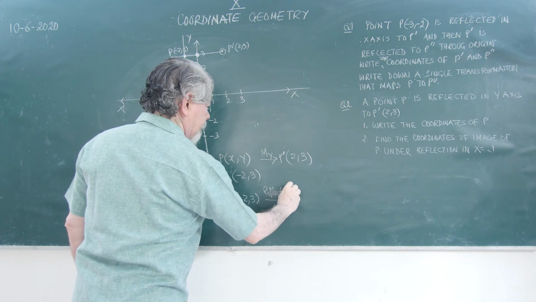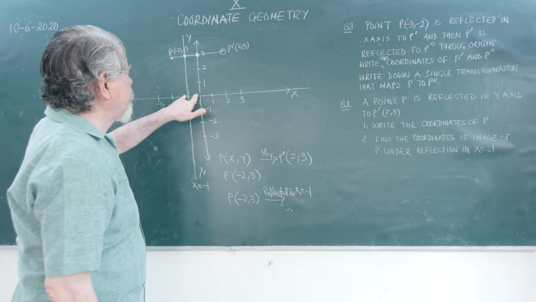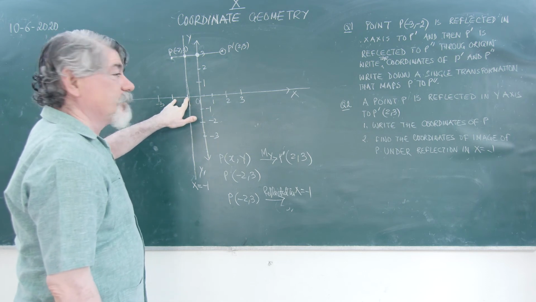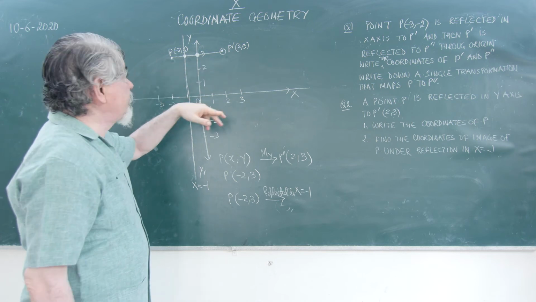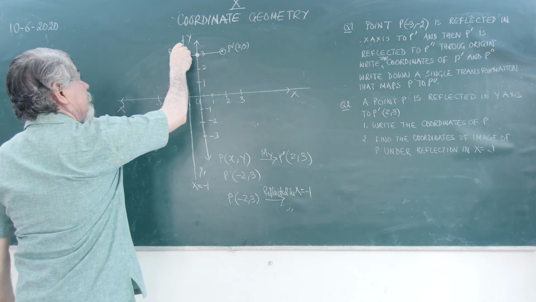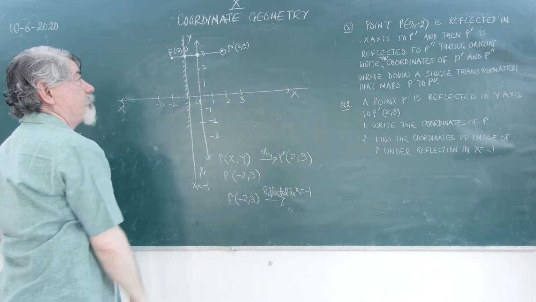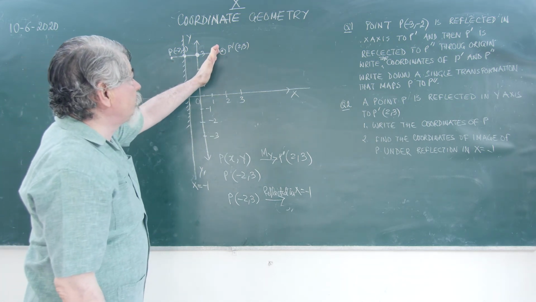in x equals minus 1. You can see because you have marked here, mark point here. Minus 1, minus 2, one unit distance is there. So it will be reflected to the opposite side because I am using it as the mirror image. So the point will be the same distance on this side.